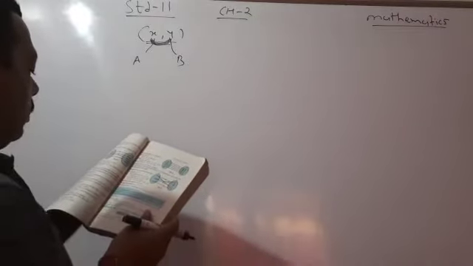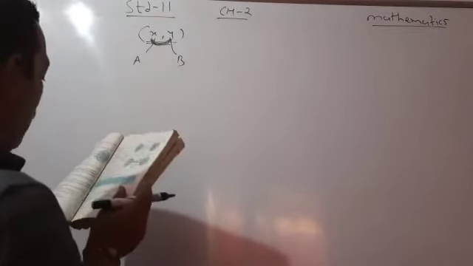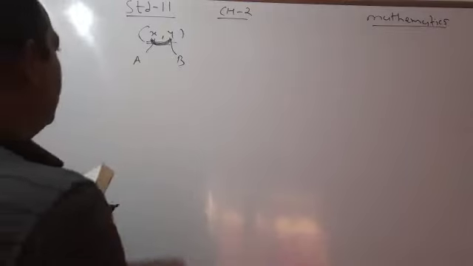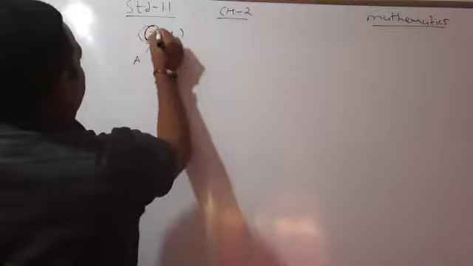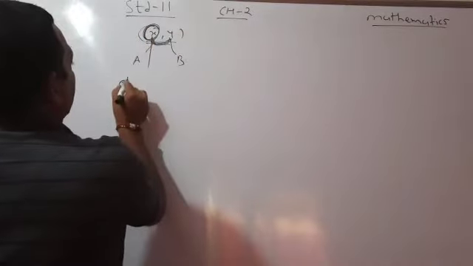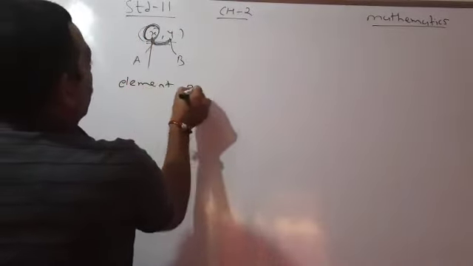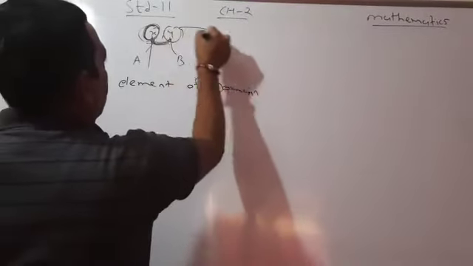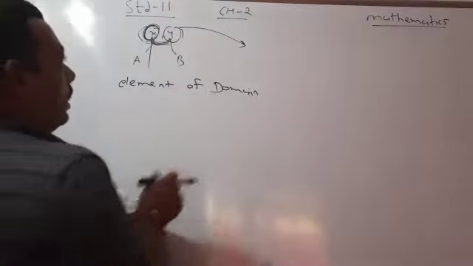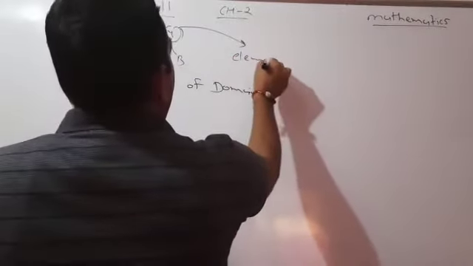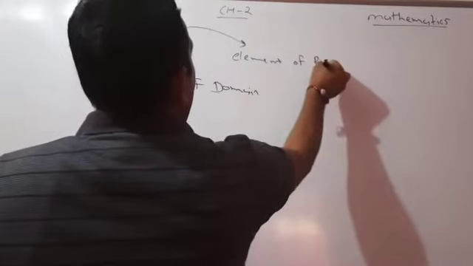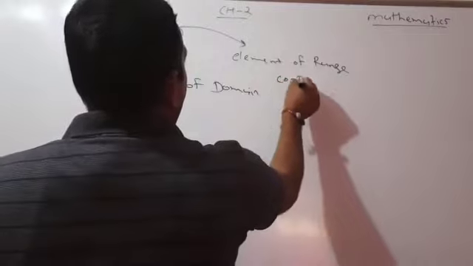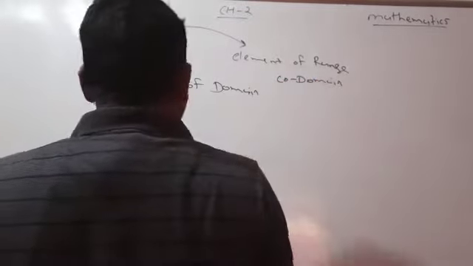In general, we will go with definition 2. The first element of the ordered pair in the relation R from set A to set B is called the domain of the relation R. This first entry is called the element of the domain, and this second entry is actually known as the element of the range, but this range lies in the codomain.